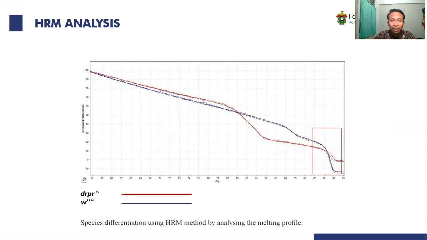The results of high-resolution melting analysis showed a curve difference between wild-type W1118 Drosophila melanogaster and its Draper delta 5 mutants. As we show in the slide, an increase in temperature of 0.1 Celsius per minute constantly caused a decrease in both of the curves. The reduction occurs as a result of the double-stranded DNA strand turning into single-stranded DNA due to the heating process.